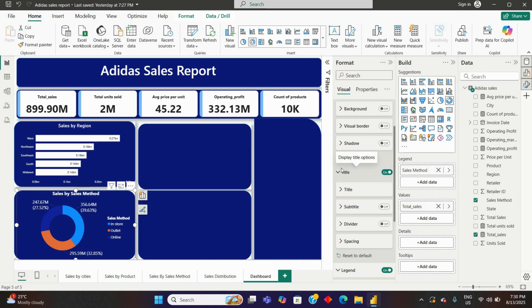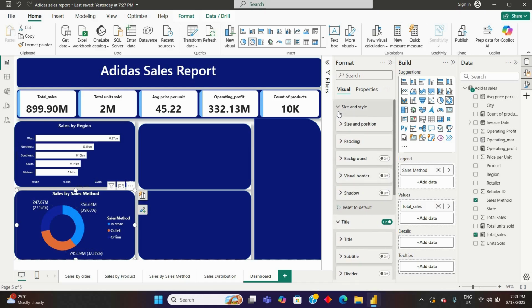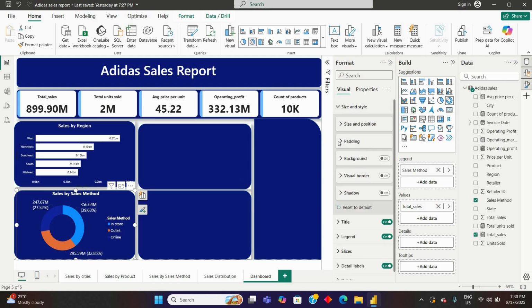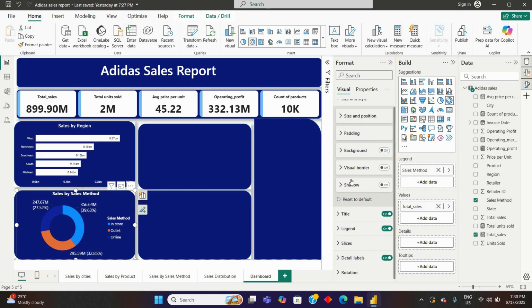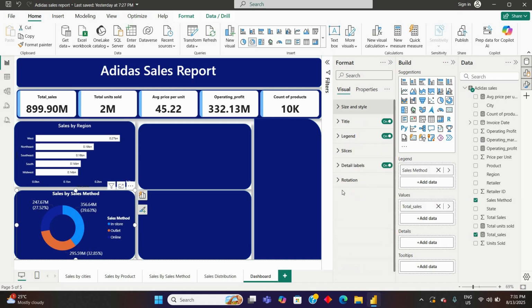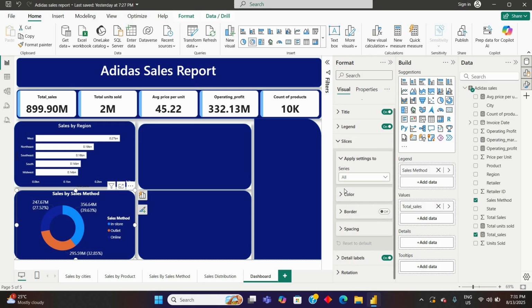So let's go to where we have our designs, which is, I'm going to close this panel. Now let's go to size and style. Okay, for our slices,